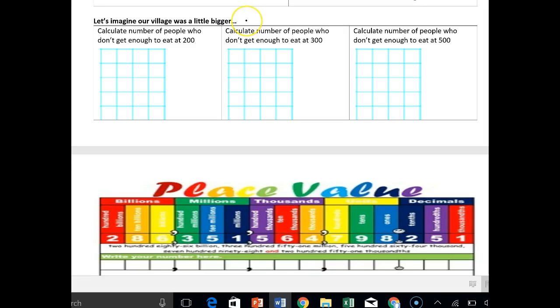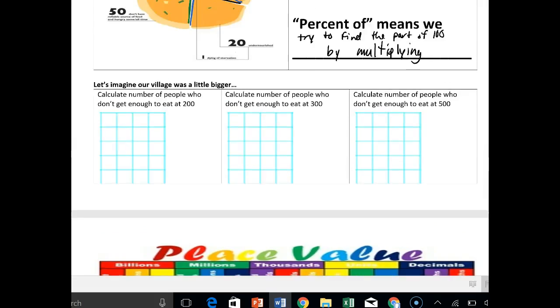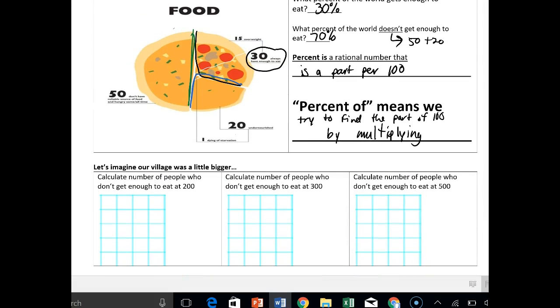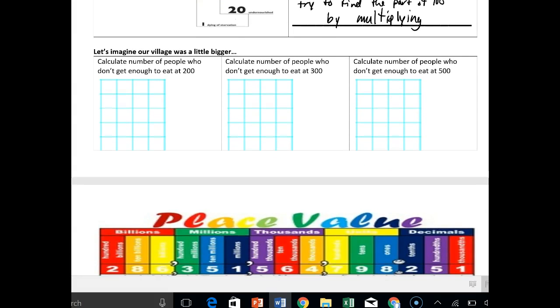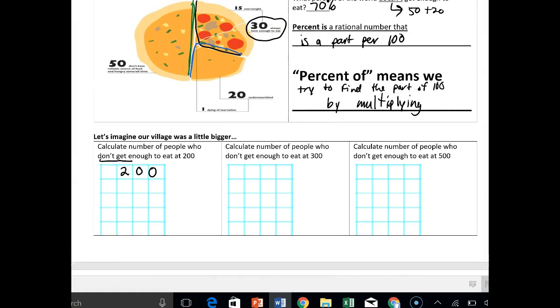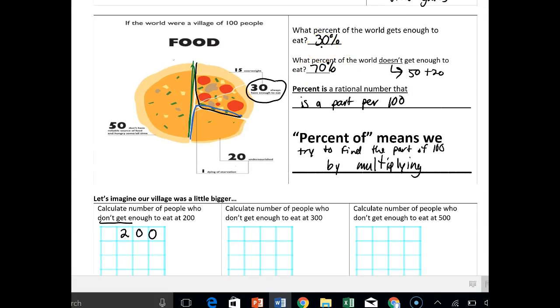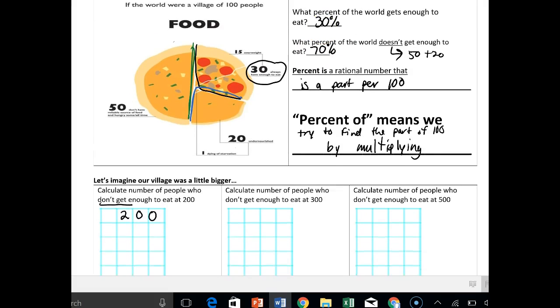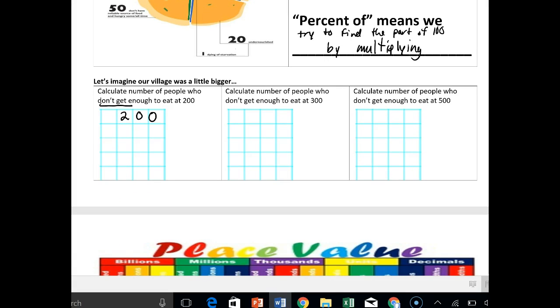Let's imagine our village was a little bit bigger. Remember we had this village that was 100 people and out of those 100, 30 of them, or 30% of them, had enough to eat. Let's pretend our village was 200 people. How many of them don't have enough to eat? Well, if we go back up here, we remember that 70% of the world's population does not have enough to eat. So if we're pretending our village is 200 people, let's multiply that by